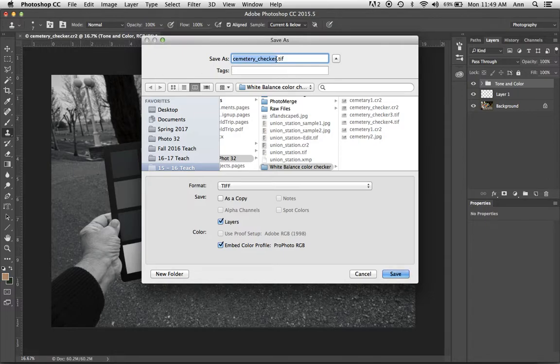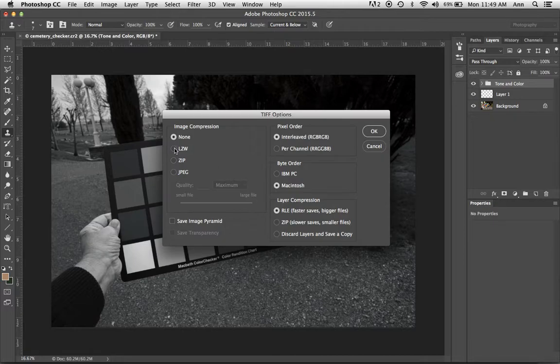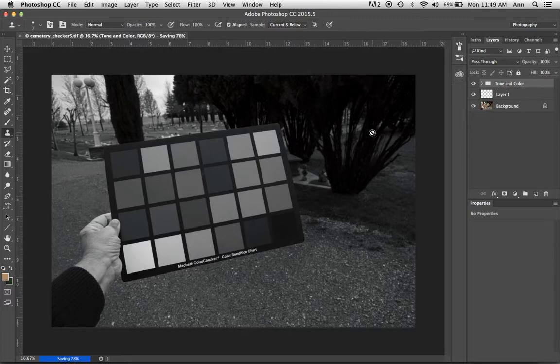When I've made major changes to an image, it then becomes name 2. And if I've made variations, then it would be name 2, B, C, D. So big changes get a number, and little changes just get a little letter after that number. I've made a couple of these before, so I'm going to call this number 5. And I am saving it as a TIFF. I'm going to do that LZW compression and say OK.